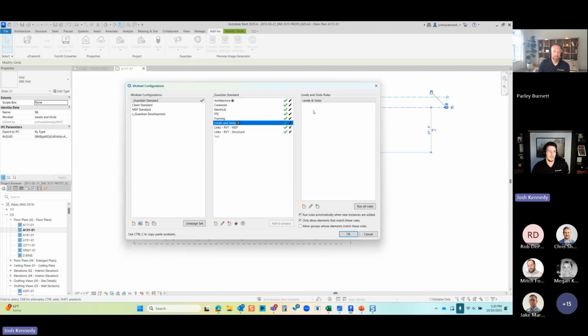The inverse of that, or kind of the protection for that work set, would be this second checkbox. Only allow elements that match these rules. In this case, if someone was on the levels and grids work set and started drawing something that didn't belong there, and maybe you didn't have a rule that automatically placed that, maybe it was a wall, you don't have rules that automatically place walls, then a message could show up that tells the user, walls don't belong on the levels and grids work set. Please choose which work set these walls should be on, and would you like us to make this your active